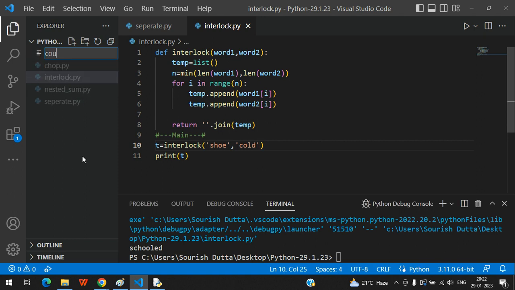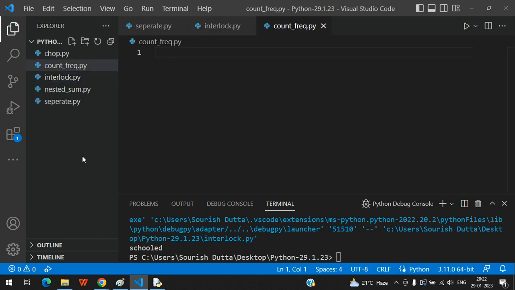Okay, so we are counting frequency of each character in a string. We are going to count the frequency of each character in a string. Suppose there is a string, say, what type of string? Say give me a string like that, say Indiana